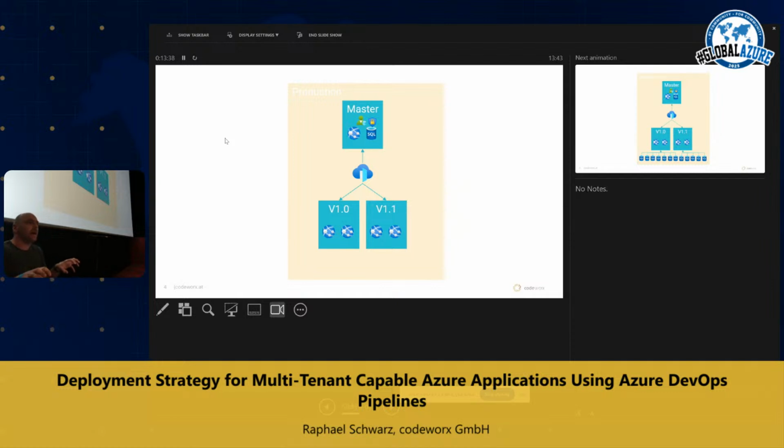tenant-specific back-end environments that can coexist. How many of those versions? That depends how many versions of your software you want to support in parallel. Normally, you don't want to support 10 versions of your software. You might want to support 1 or 2 versions in the past, so you get a nice window to upgrade all your clients. In that case, I just painted it with 2 versions in parallel, and